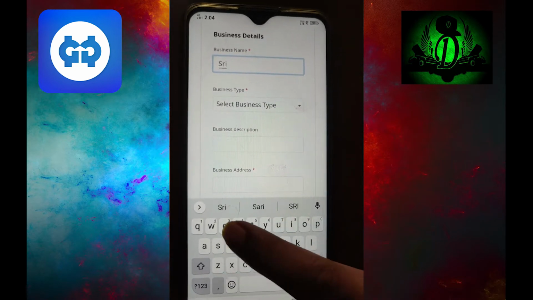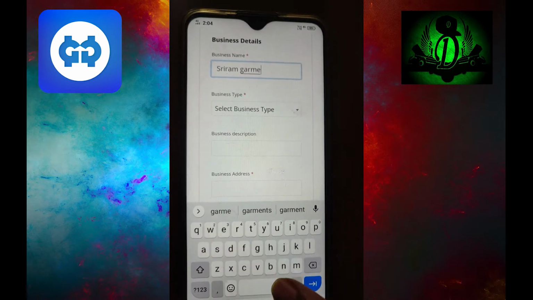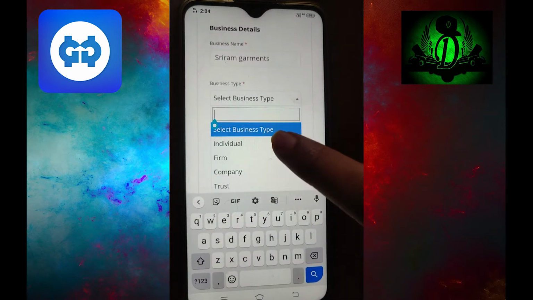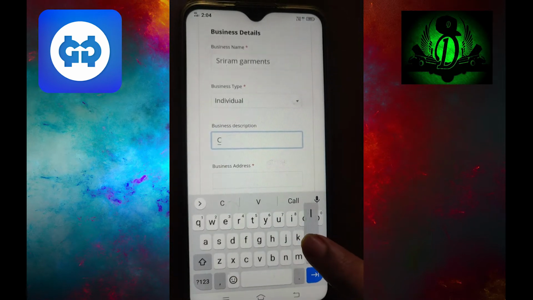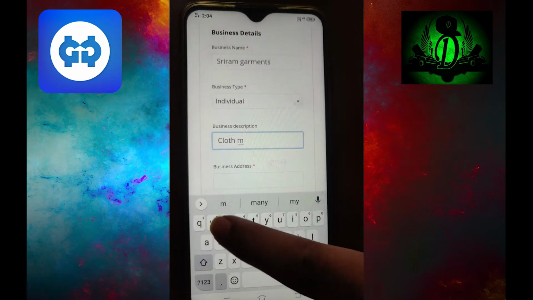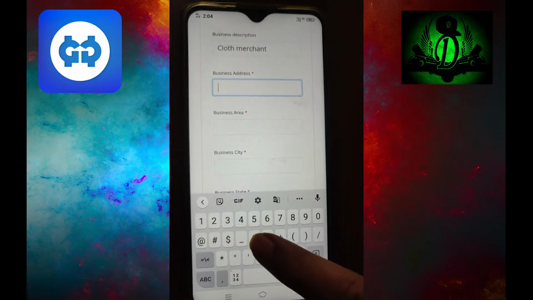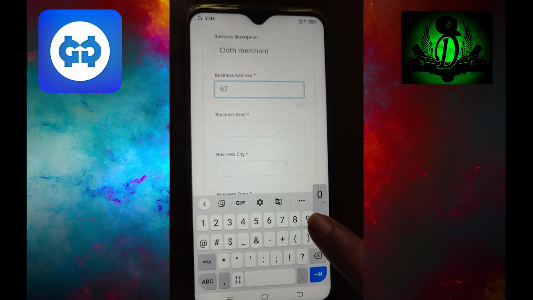Enter business name, business type, select the type of business, describe your business in business description, enter the address of business location either home or office.